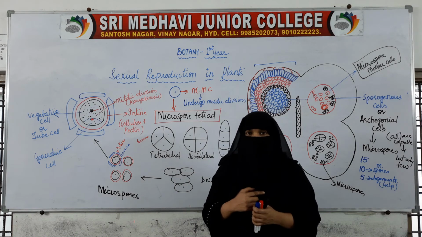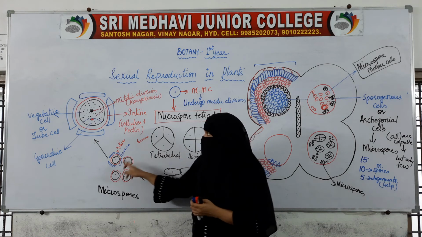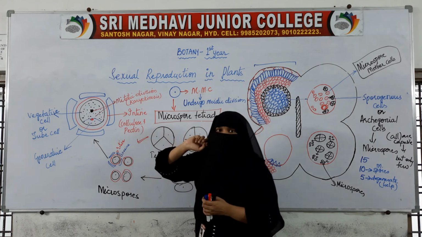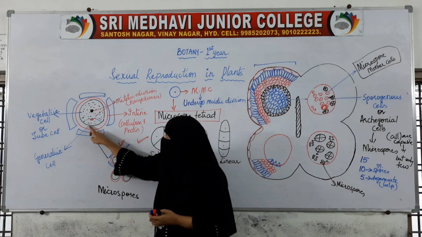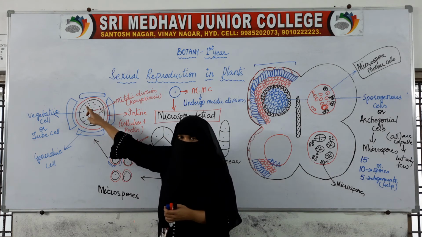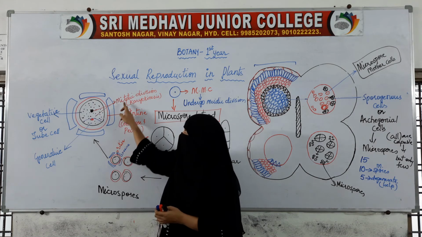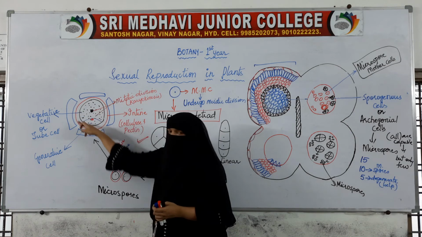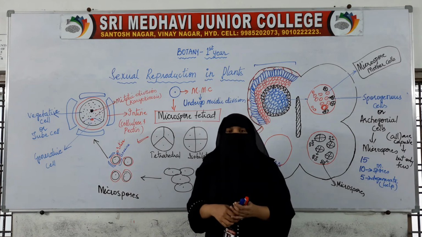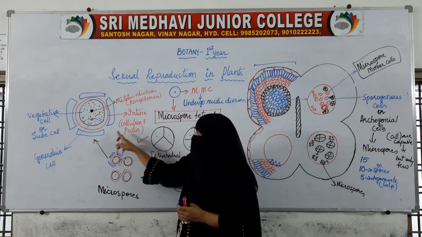What has it changed into? It has changed into a pollen grain. So this is the actual structure of a pollen grain. Inside, the black one is the plasma membrane of the microspore. Then around the plasma membrane, one red color membrane is there, which is called intine, and surrounding this intine, one more layer is present which is called exine.